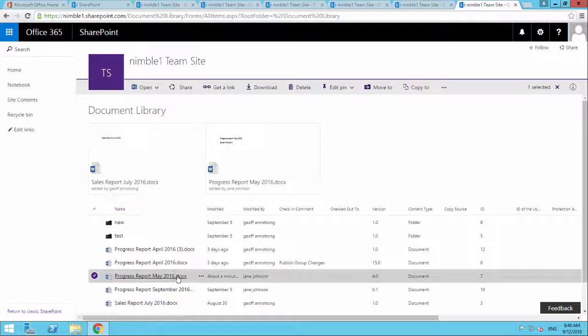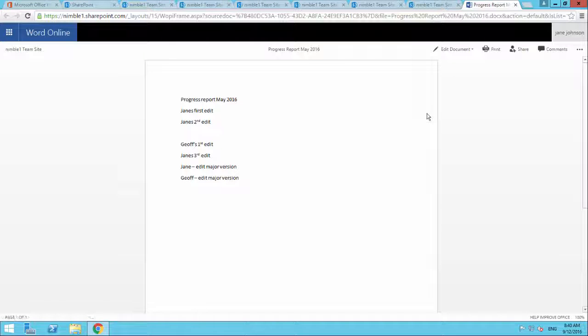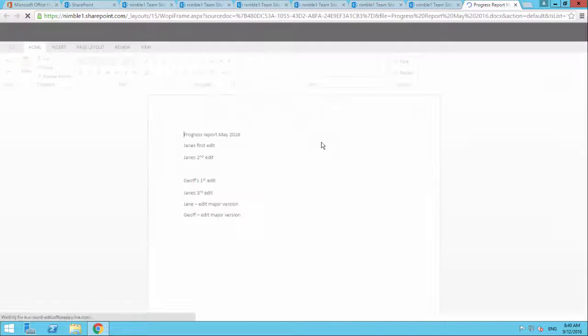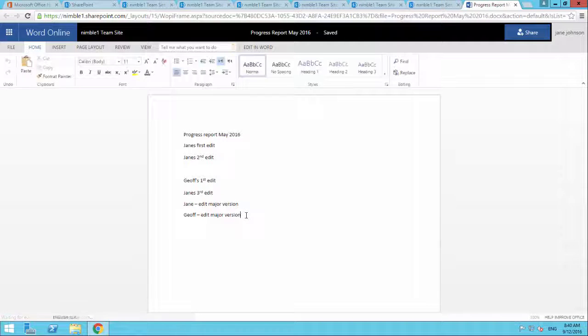Now if we now go back and have a look at this document, what we will see here is the fact that there is my comment. So this is, once you've got version control on, you can start making these changes. And if you want to roll back versions, you can do. So if I come in here and I edit this document, and I type in here Jane, edit,